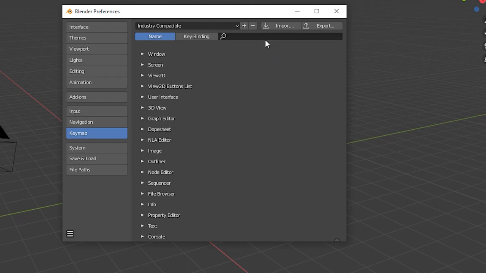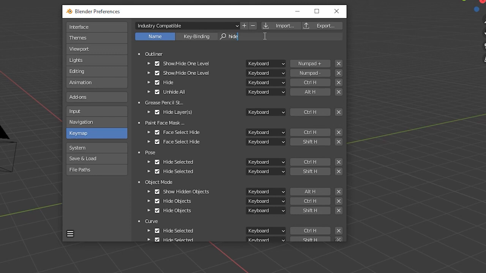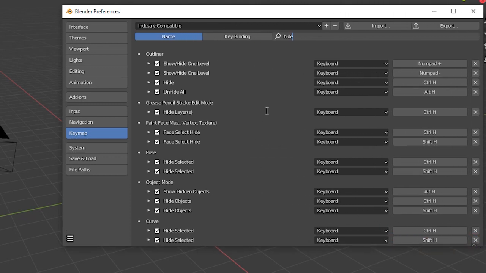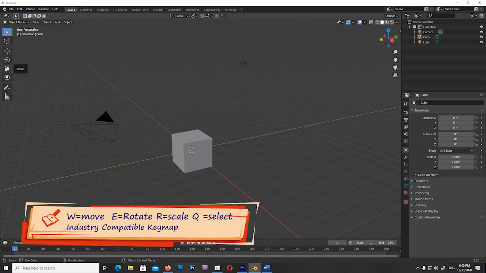You can also search any command that you want to use and then find its shortcut or assign a shortcut to it. For example, here I search height and I find the shortcut that I want to use. If I set my key map to industry compatible,